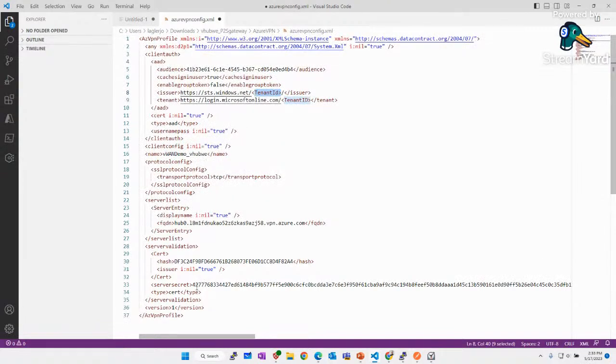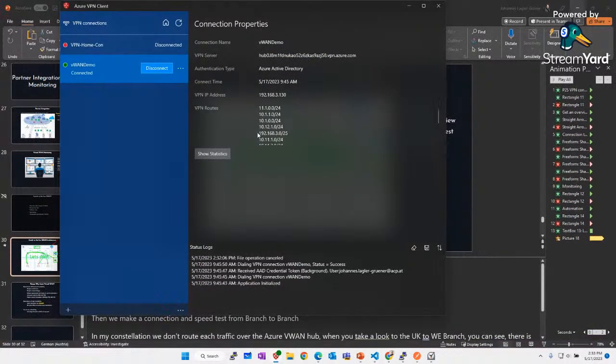We have a secret here, though this is not the whole secret. And you can see our virtual WAN hub endpoint. It's really, really simple. When this is done, you can connect and you can see all my routes. My configuration is based on BGP, so I know all routes from all my different locations.